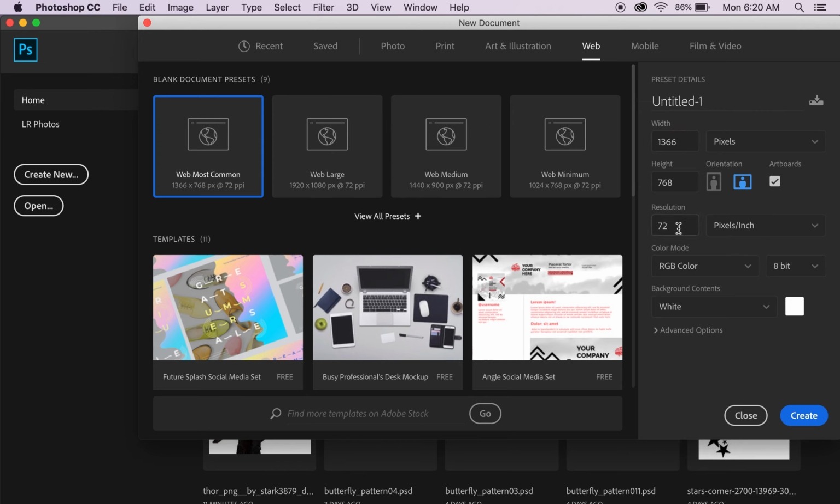If you're going with print, your resolution would be 300, but we're going to go with 72 for screen because this is just an intro. For web, you'd want it at 72 for the resolution. Even if we're just beginning, we're not too concerned about the quality of the graphics so much as getting familiar with the tools. So I just want to work light and fast. So we're going to work with 72. And let's just call this Comp 1